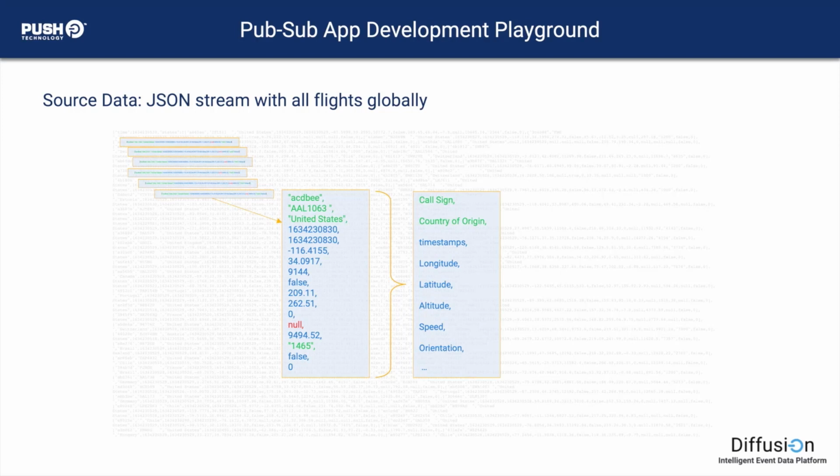What you see from this JSON is basically a very long array of flight information. Each portion contains the information about each of the flights that are currently flying around the world. That information includes things like the call sign, which is the ID or flight number, in this case American Airlines flight 1063. Also the country of origin, which in this case is the United States. A bunch of timestamps of last time reported, the current timestamp, latitude and longitude, of course the location, and altitude, the ground speed, orientation of the flight, and a bunch more sensor data from that flight. And this information repeats by the thousands, again, for each of the flights